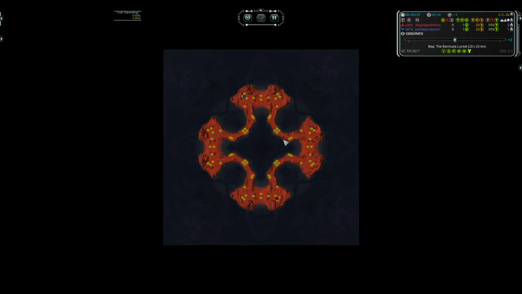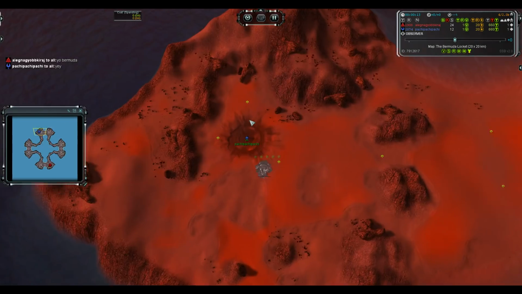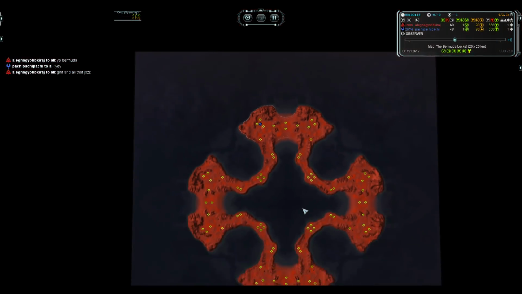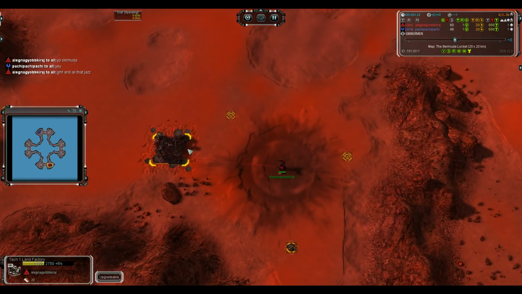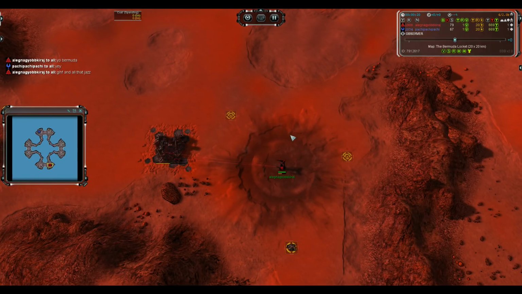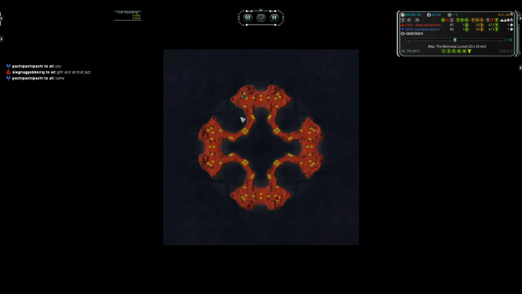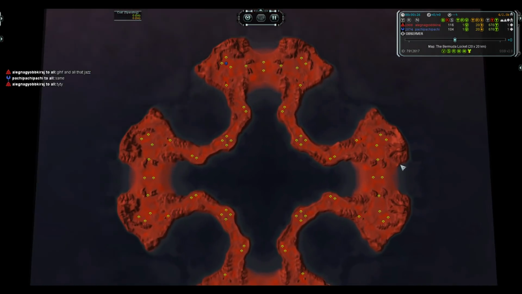This is the Bermuda Locket on the FAF ladder, featuring Turin as the Aeon player, Alec, that's a Cybran. Aeon is generally thought to not be